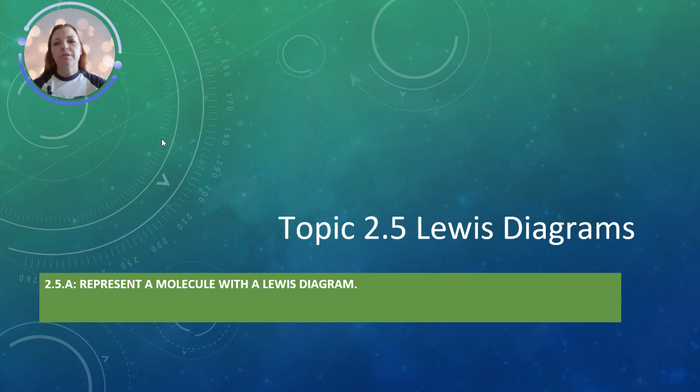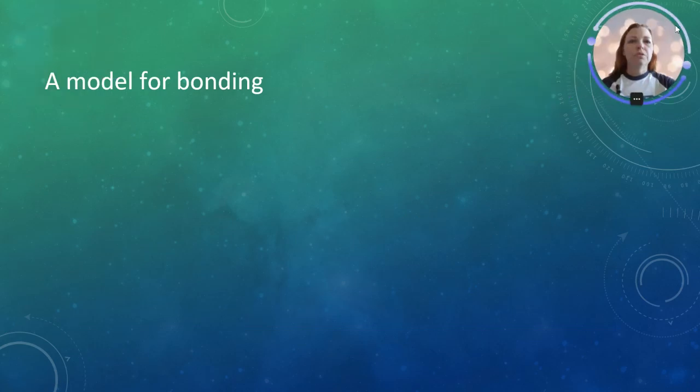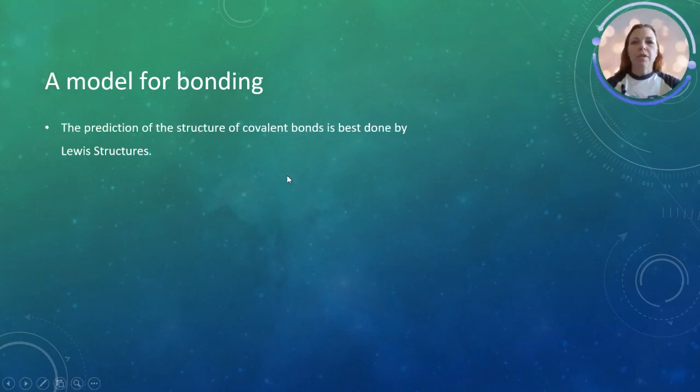The learning objective here is 2.5.a, represent a molecule with a Lewis diagram, so pretty straightforward. So let's talk about it. A Lewis diagram is just a model for bonding. The prediction of the structure of covalent bonds is best done by using something we call a Lewis diagram or